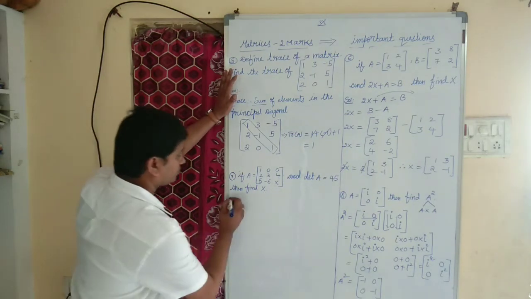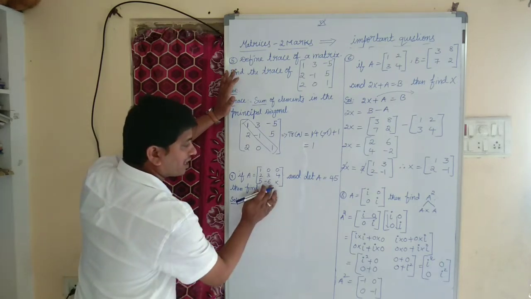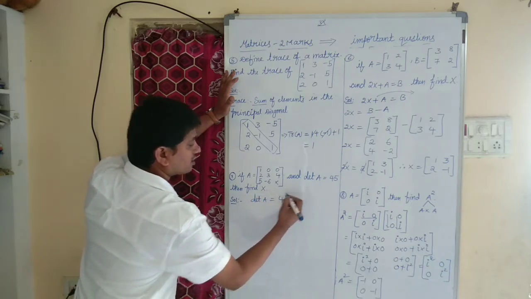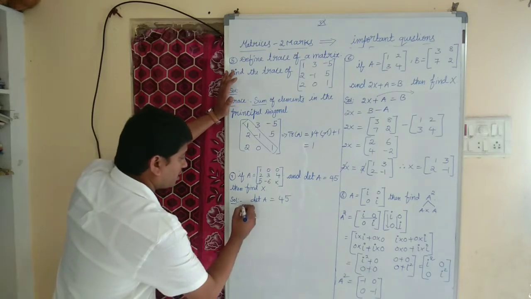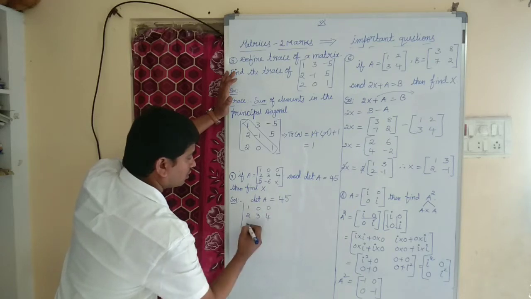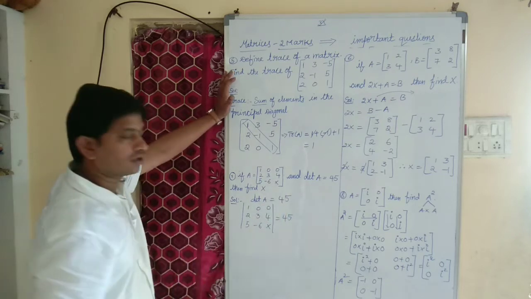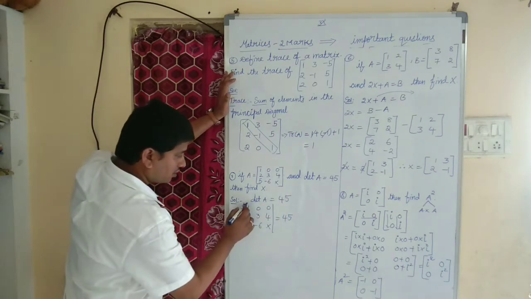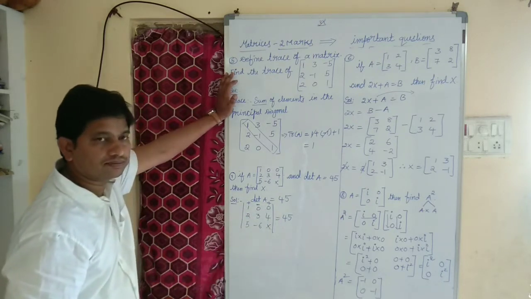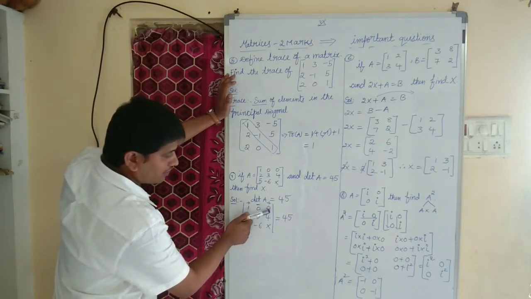Okay. So given matrix A, and they said the determinant of matrix A is 45. In the question they have given that the determinant of matrix A is 45. So let us find the determinant of A: [1, 0, 0; 2, 3, 4; 5, -6, x] equal to 45. Right? As we know, we have to check the signs. This is plus, minus and plus. Okay children, however, here we have element 0 and here also element 0.